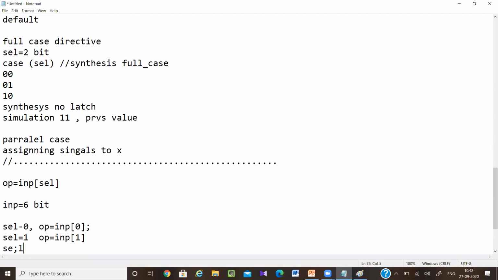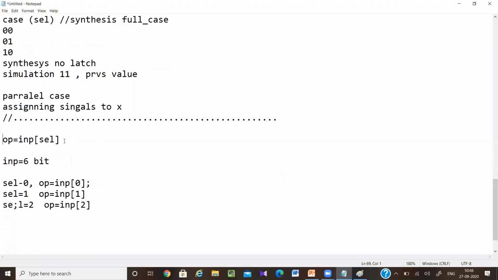When select equals 2, output equals input of 2. So in simple form, I can write assign output equal to input of select. Right? Yes, ma'am. Everyone understood this point? Yes, ma'am.